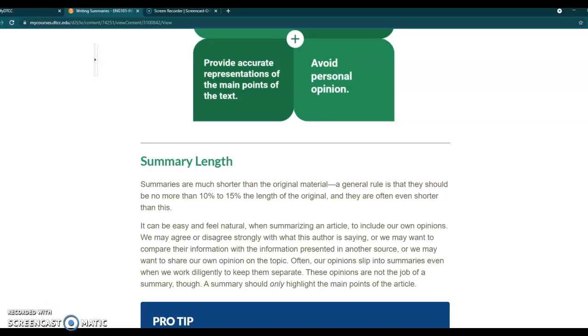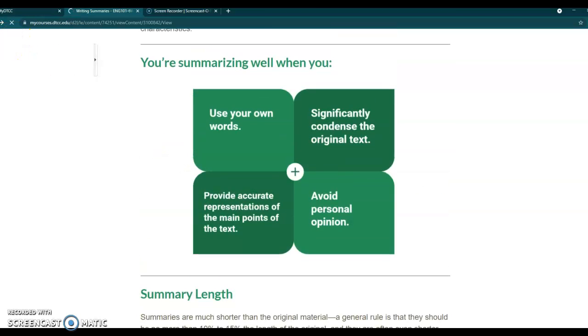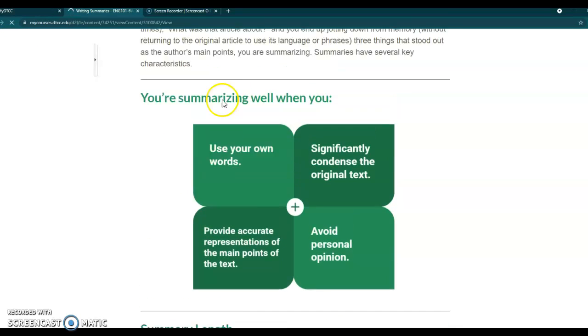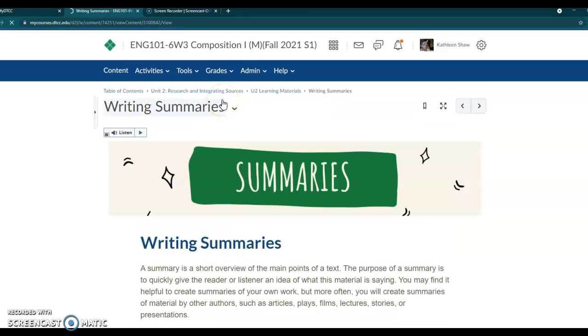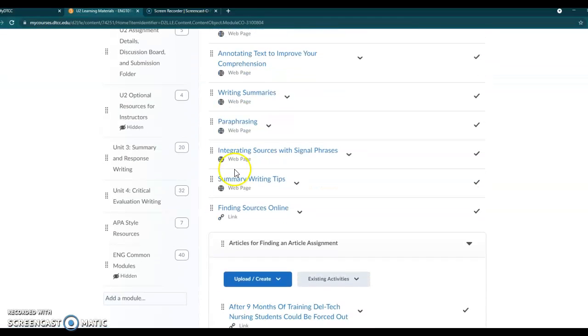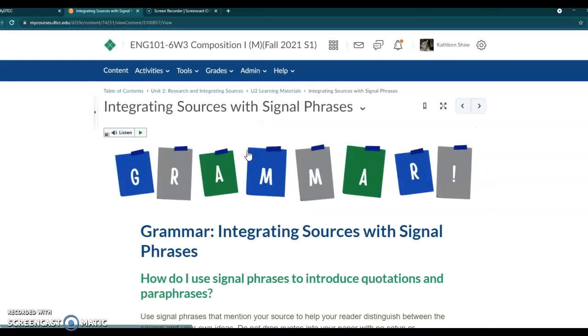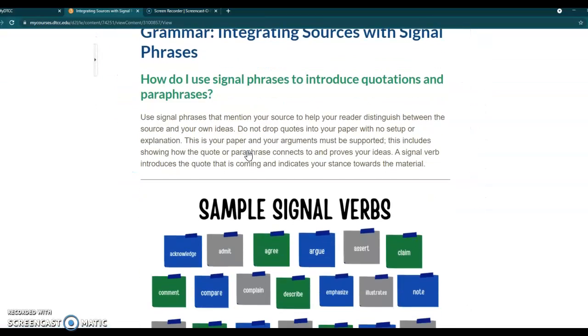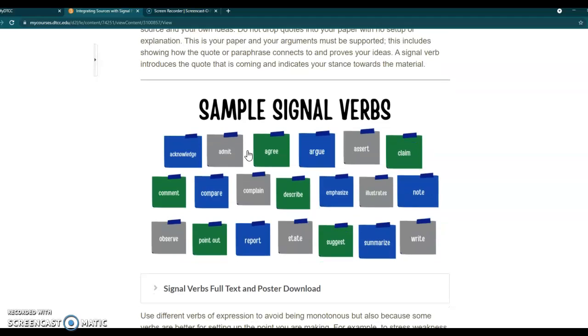Throughout, you're going to want to include attributive tags. Sometimes they're called signal phrases. So we'll go back to that article. And here we go. These signal phrases are just ways to incorporate the idea that this is coming from somebody else.